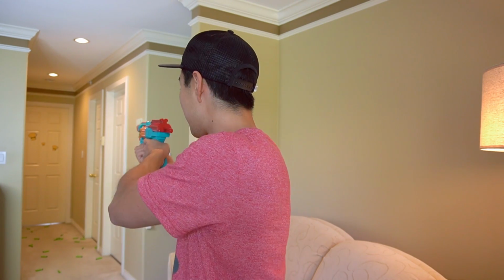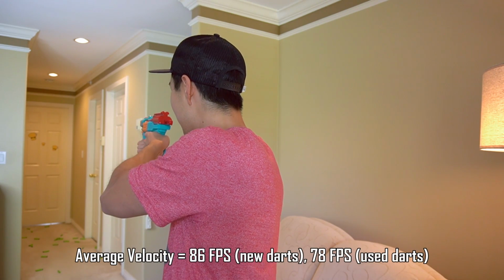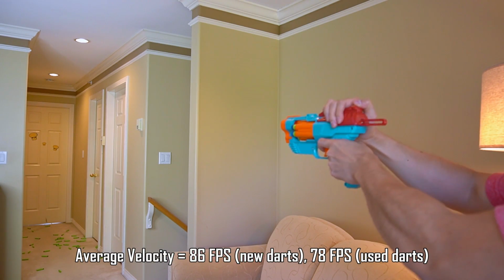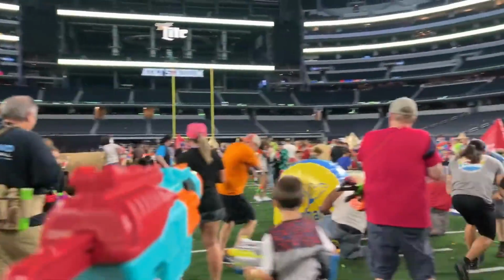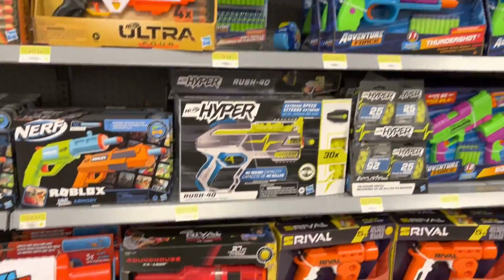Whoa! My god, this is like a sleeper. You can't even tell that it's good until you try it out. I ran the blaster through a chronograph and recorded average velocities of 86 feet per second with brand new darts and around 78 FPS with used darts. That outperforms a majority of Nerf branded dart blasters out there, but these days that's no longer a high bar to exceed. But still, I was blown away that this tiny blaster was getting such stellar performance considering,